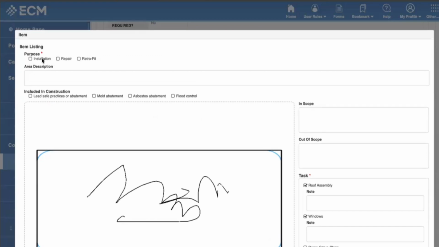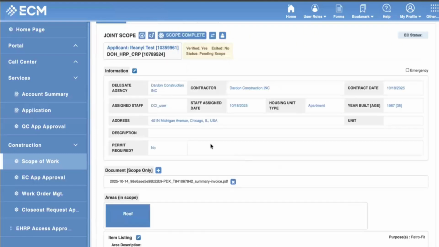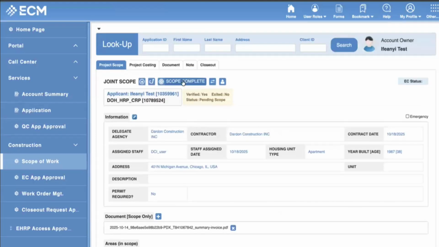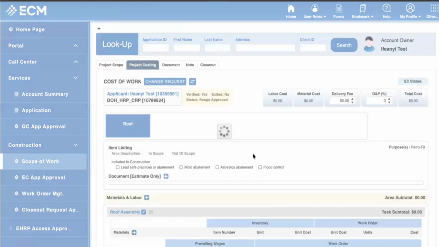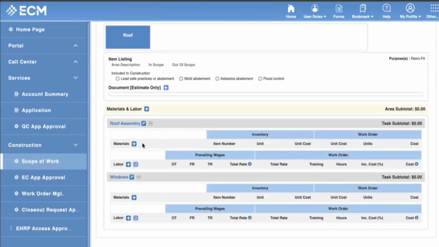Make sure you put a purpose, installation, repair, or retrofit. Click save. And then once that's done, you can now click on scope complete. Once the scope is complete, you can now move on to project costing. This is where you're going to project how much this will cost you. So you can just click on right here for material. So for roof assembly and